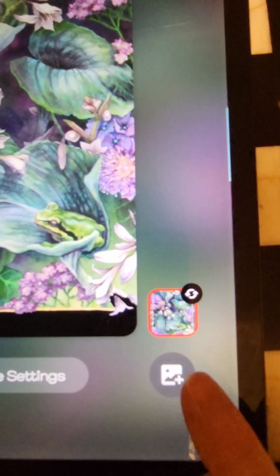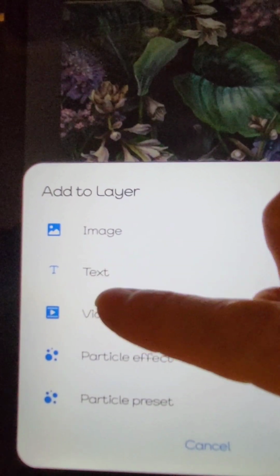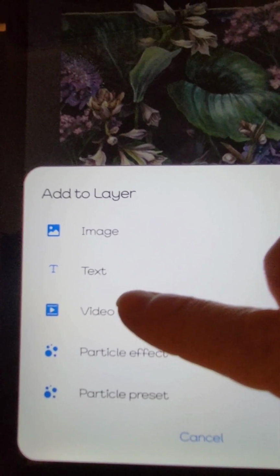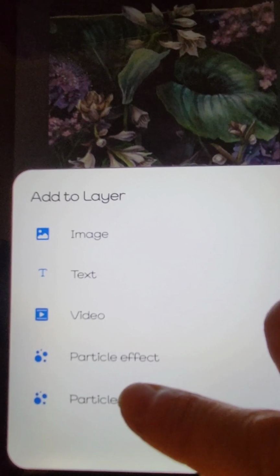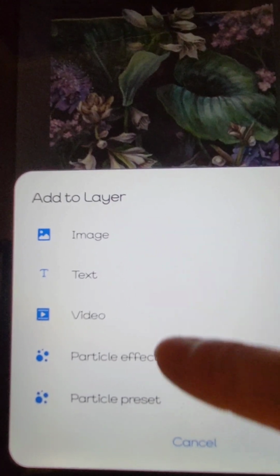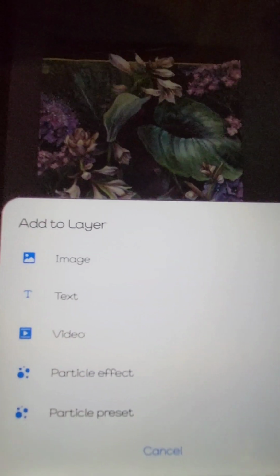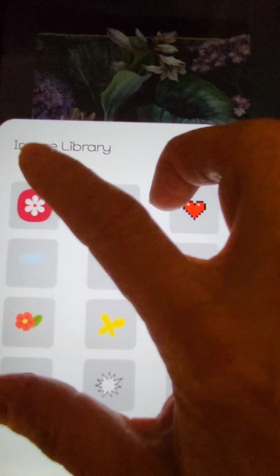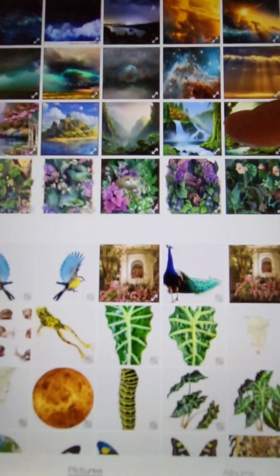But you see down here you have a little plus button, and you can add text. The new feature is you can add video. I'm not going to do video on this and this and this, but I am going to use image and particle effect, because that is probably all you could handle right now. So go to your image and go to your gallery, and now you can start layering up what you'd